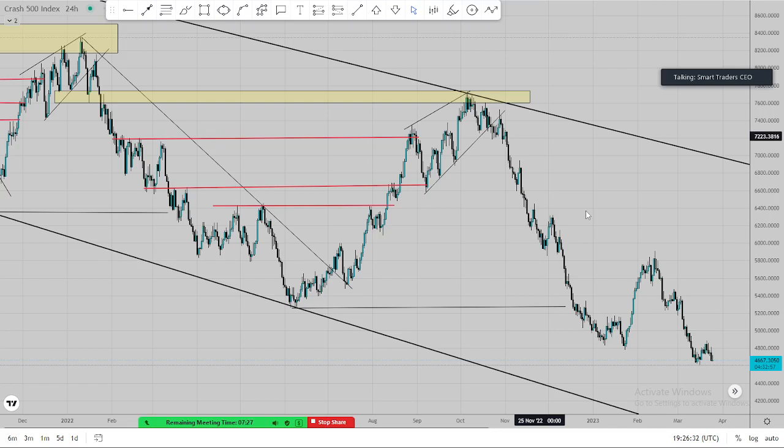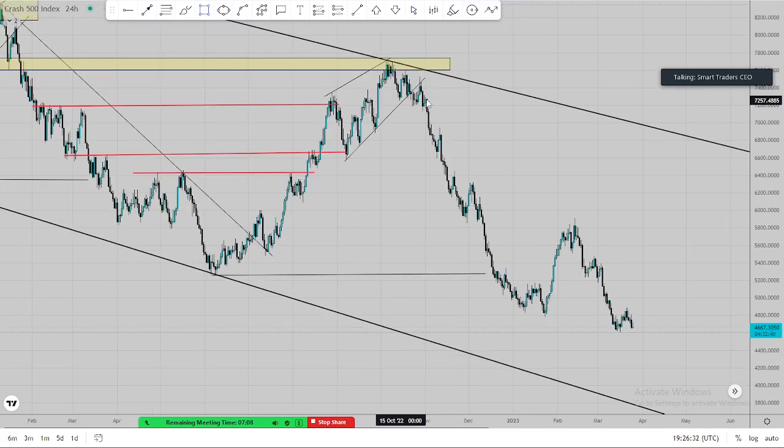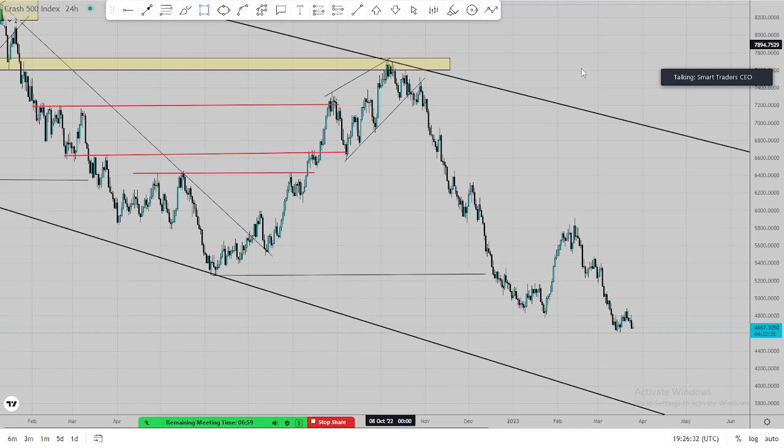What are we now expecting? Remember, the market is still overall bearish. For us to say this market is now a bullish market, it has to come and break this lower high, this major lower high. It has to break the major lower high for us to say we are now in an overall bullish market, right? But so far, overall we are still bearish.